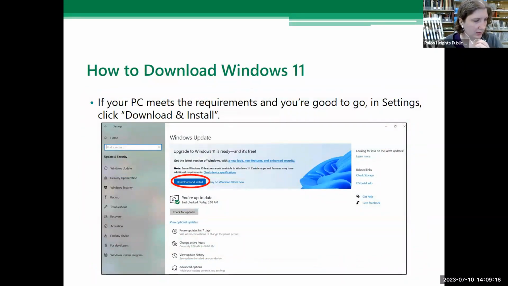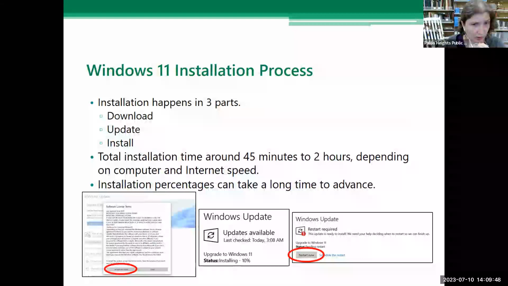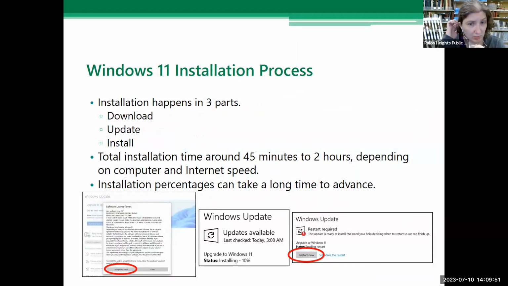And then how to download and install it if your PC is able to. That option, instead of Check now, should then say Download and install if you're ready for it, and it will walk you through the steps. Installation usually happens in 3 parts, and it'll have a software license agreement terms that you'll have to accept. First it will download it, then it will update, and then it will install. That will probably take some time, at least 45 minutes to 2 hours, depending on your internet speed and